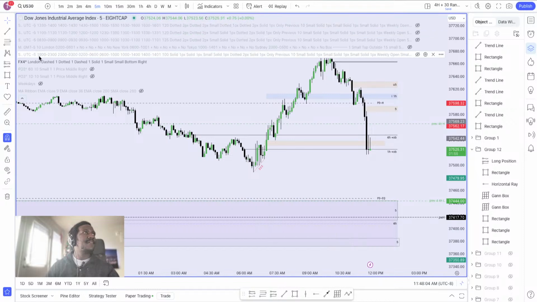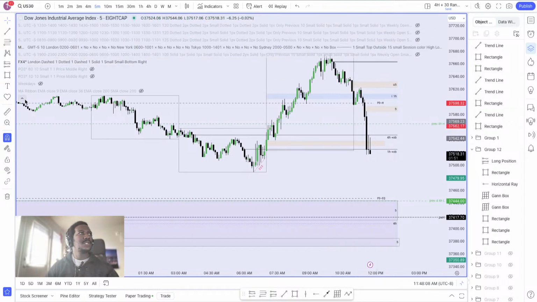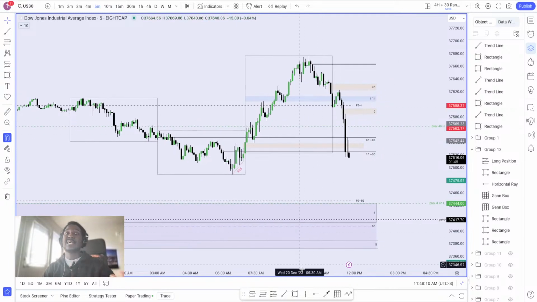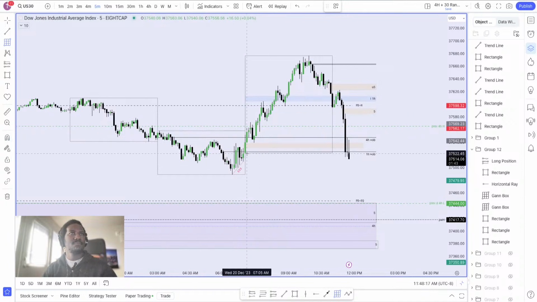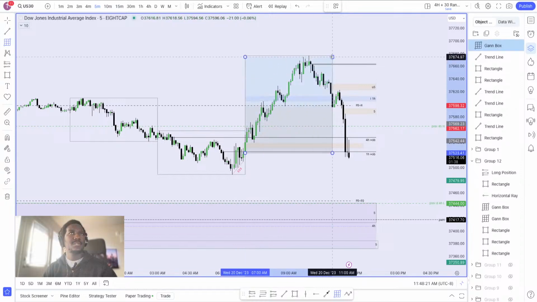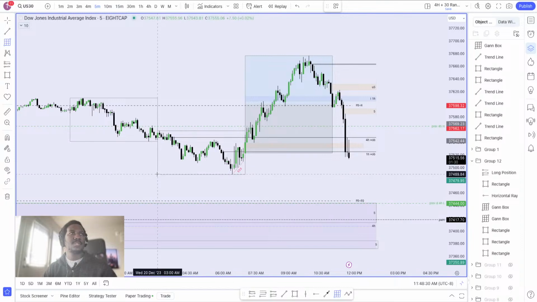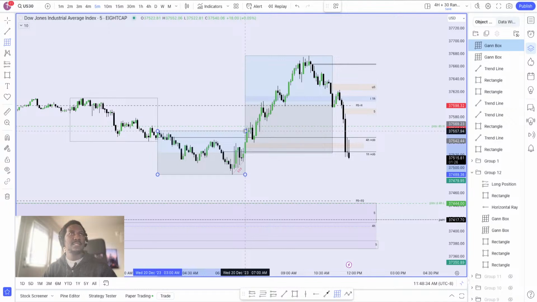Now pull up the 4-hour thing just to see where we are. So looking at things, I should only be looking for buys, but then again, we have to be careful because from the daily time frame, we are bearish, or rather the candles are red, but overall we're still bullish. This is that thing that I mentioned yesterday.